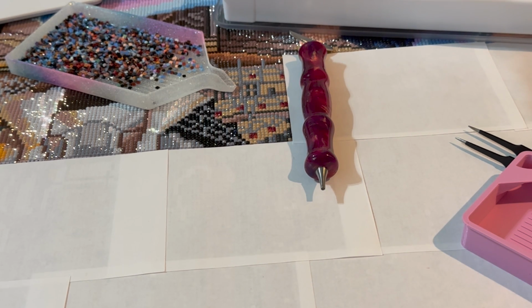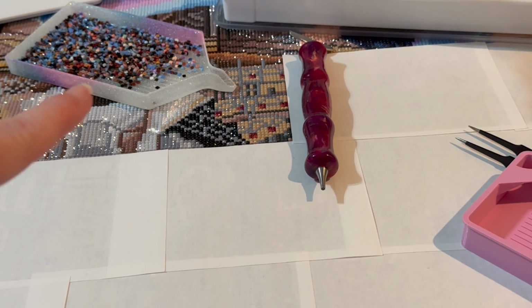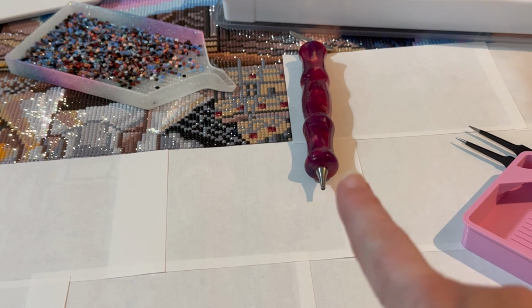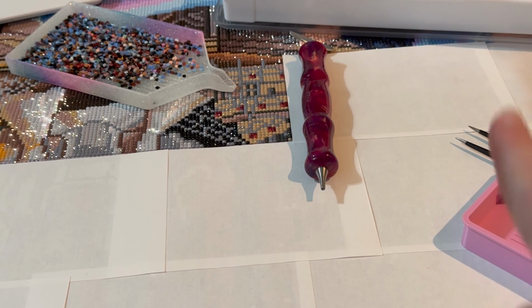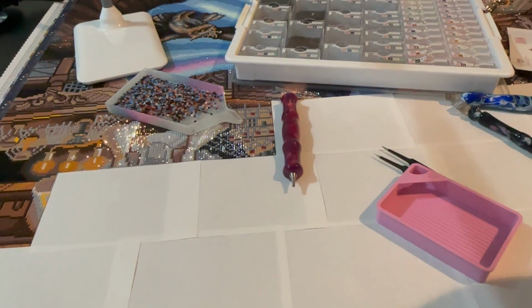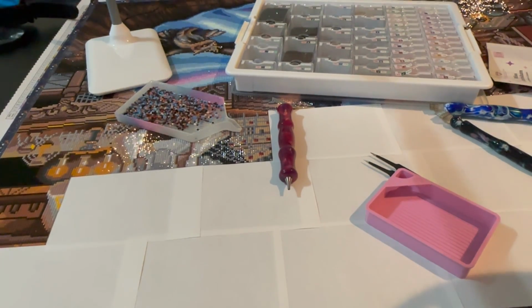So, I'm going to move back a bit and, well, maybe I'll just zoom out. So you can see I'm using my unicorn tray for trash. This is my Mrs. Havisham kit that I'm doing for drills and chills. I've got pins, my tweezers, the tray. That's my Elizabeth Ward tray. Let me back out a little bit so you guys can see a little bit more. You can see I've got Mrs. Havisham covered with release papers,